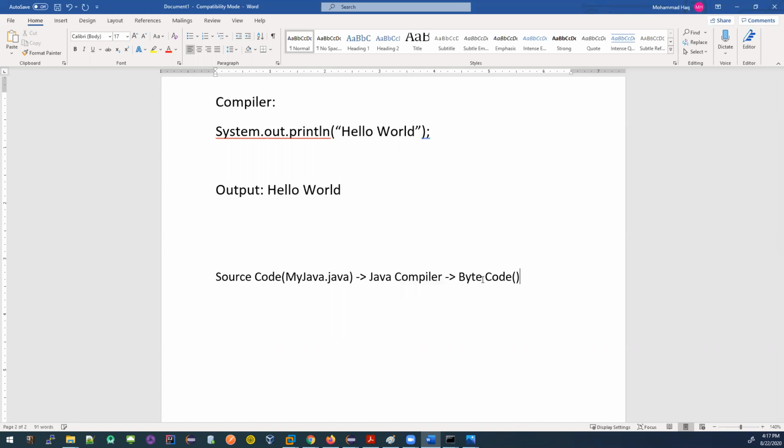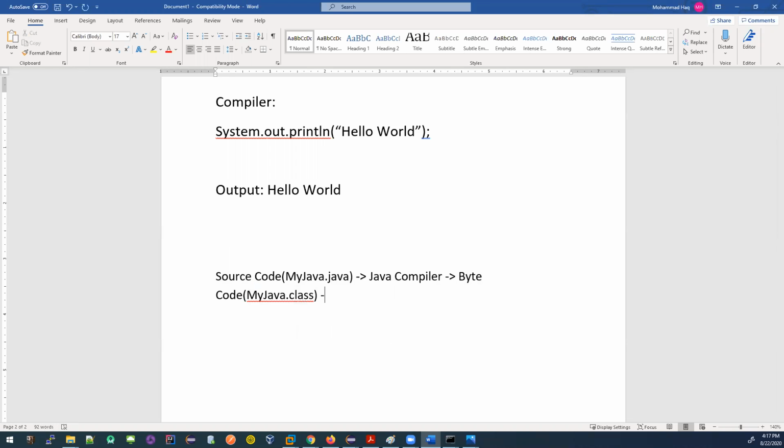Now this bytecode will have the same file name. It will create another file, but it will have the extension .class. So the Java compiler is converting this source code, the actual code, to something called bytecode. Now, who understands this bytecode?